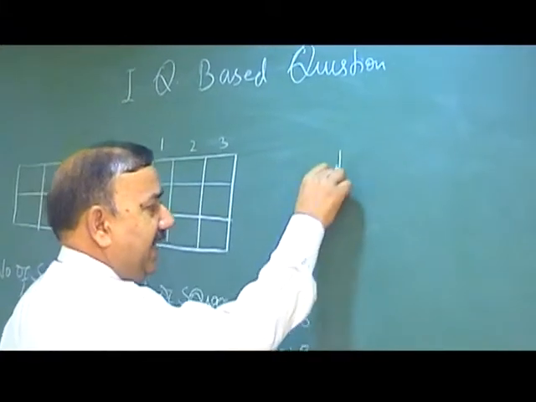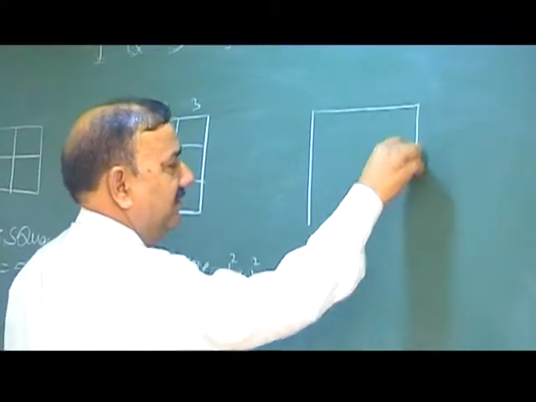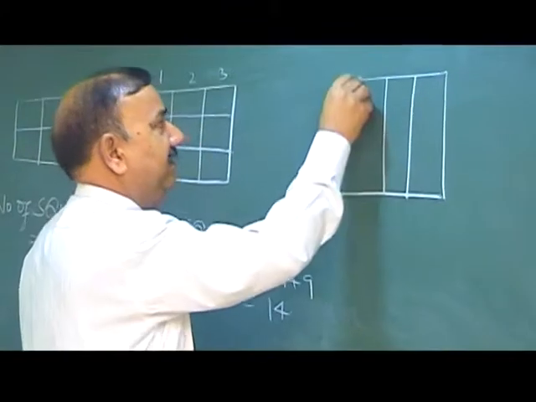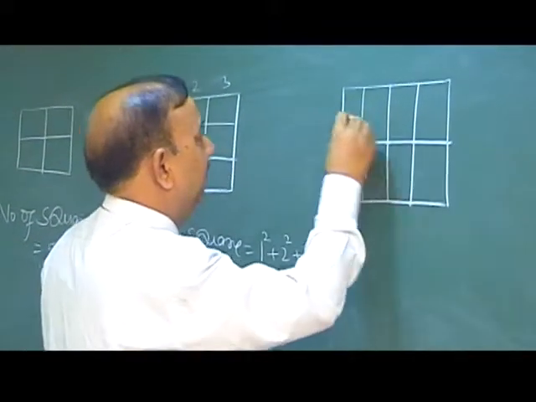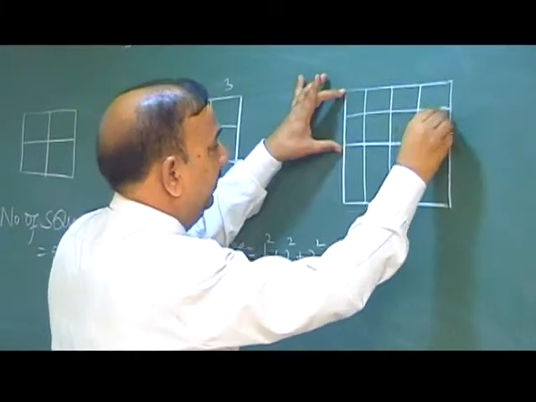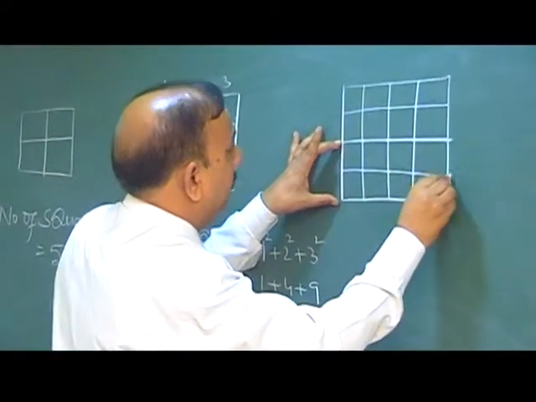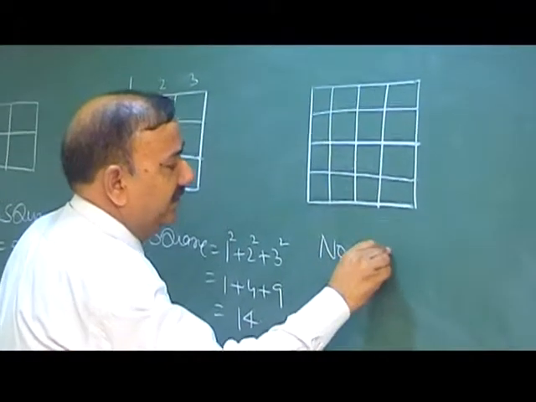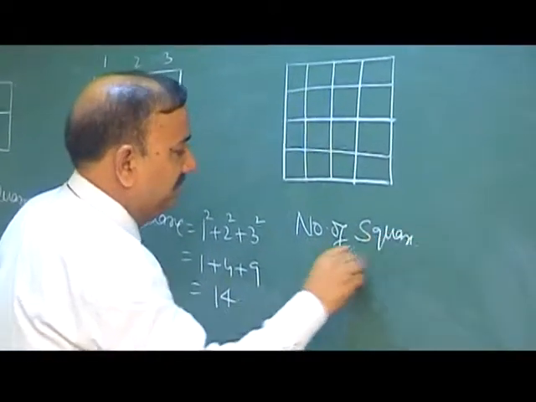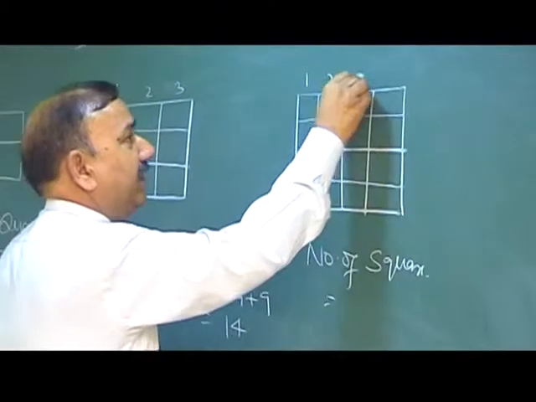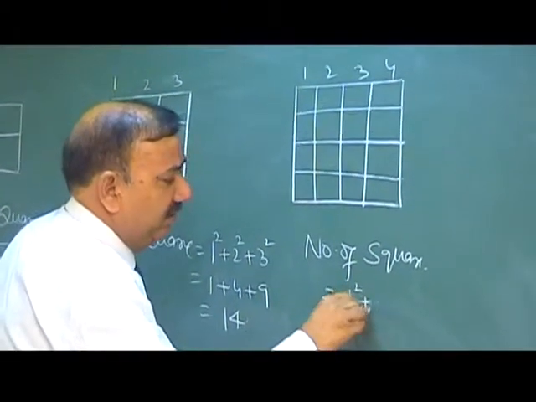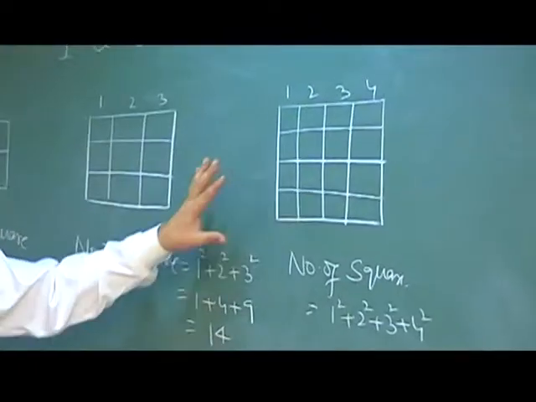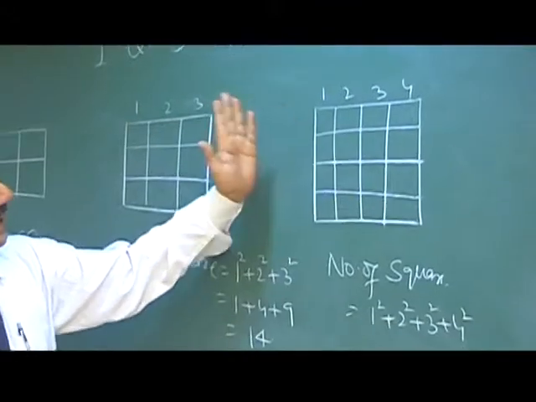Suppose now I increase the number of lines. Here this is at the center, this is at the center, and this is the center. Again, at the center of this one I draw another line, and at the center of this I draw another line. The question is how many squares are there? The number of squares will again be 1, 2, 3. Here are 4 columns: 1 square, 2 square, 3 square and 4 square. It is not possible to start counting the numbers and get the final answer.